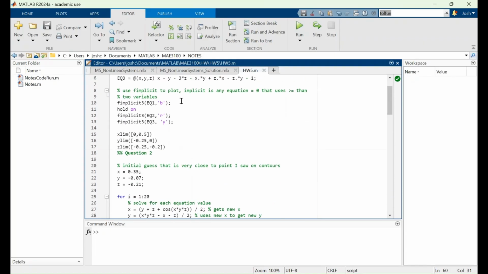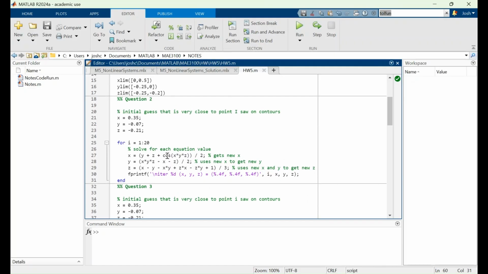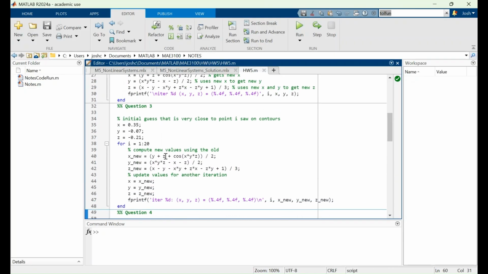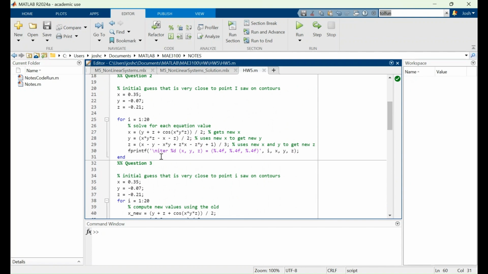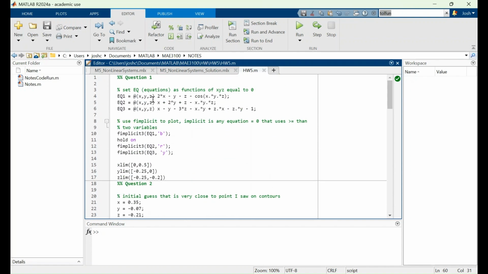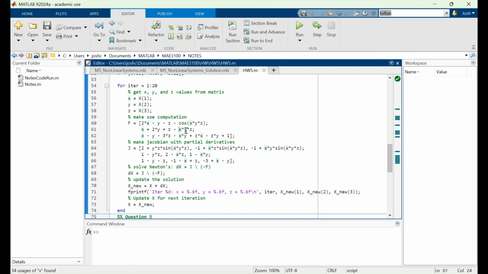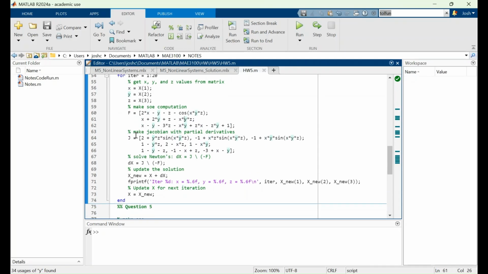You make your system of equations for computing, similar to how we did in the first method, the contours. You subtract the cosine over, subtract these, and you subtract all of this. And you make your Jacobian with partial derivatives, so like your first one, you take this first,